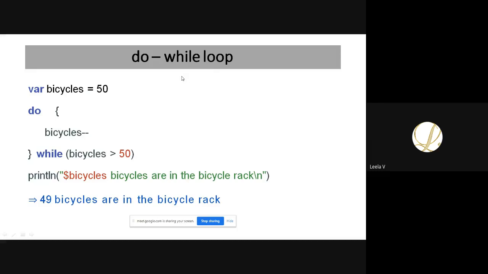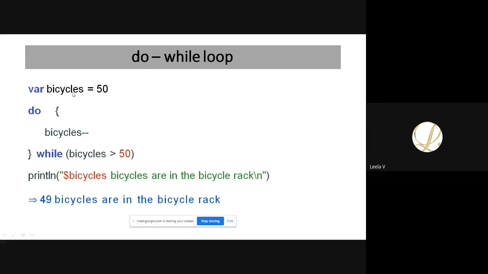And the next one is the do while. Do while is exit control. It executes the body of the statement only once without checking your condition, right? So it allows you to execute the first time without checking the condition. At the end only, you check the condition. If the condition is true, then it will execute the body of the statement again. Otherwise, it will come out of the loop.